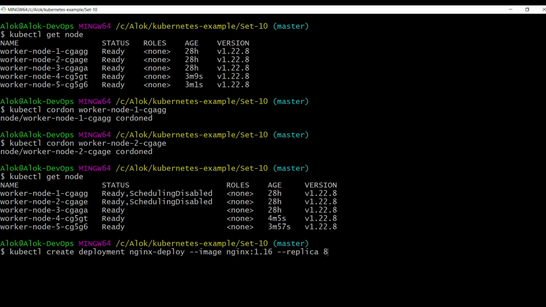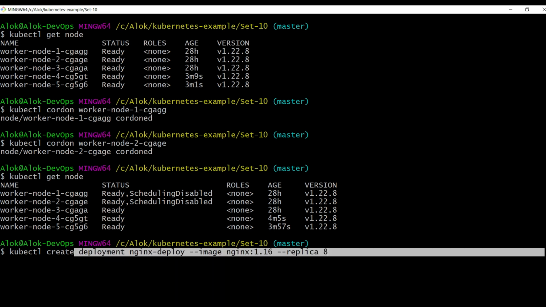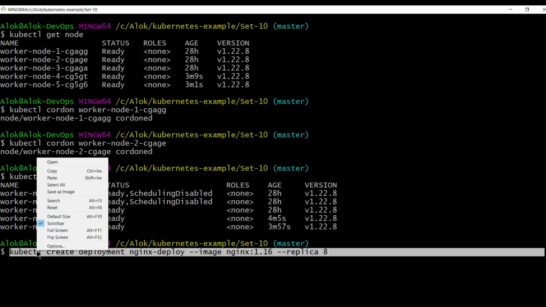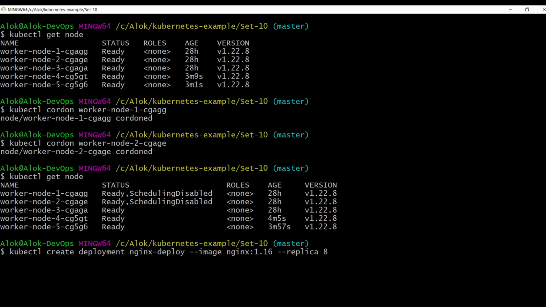The name of the deployment is Nginx deploy. The image that you are going to use is 1.16 and you have to create 8 replicas. Let me copy this so that we can use it further. If you want to use it through the declarative way, then you have to put here the